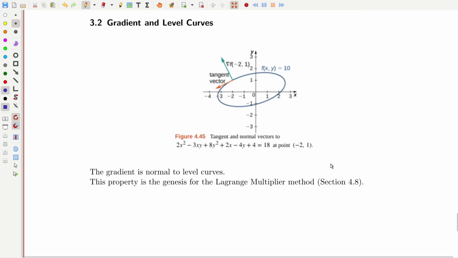Okay. And the formula has to do with this fact that the gradient is normal to the level curve. The level curve is actually the constraint. And then, I don't know, I'll try to explain it when we get there. Okay. I guess that's